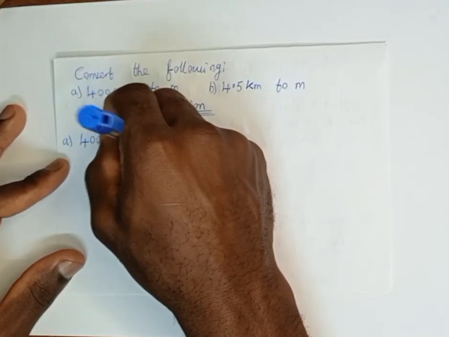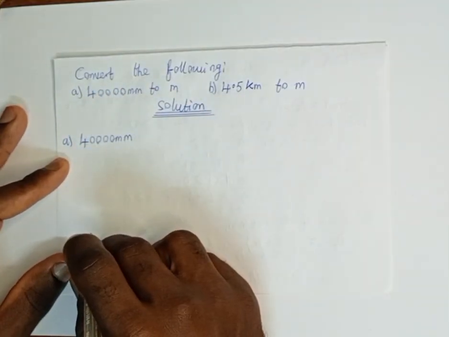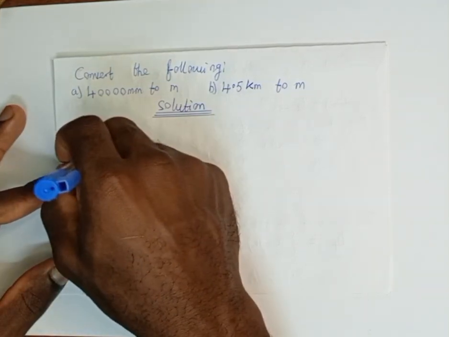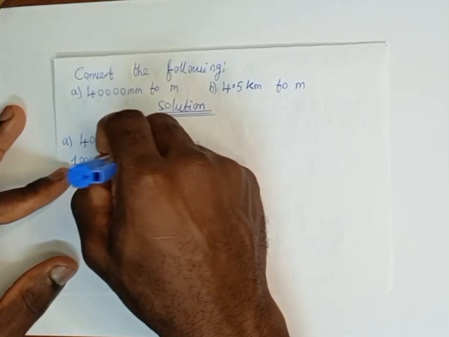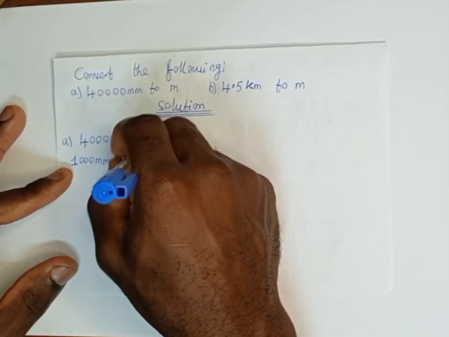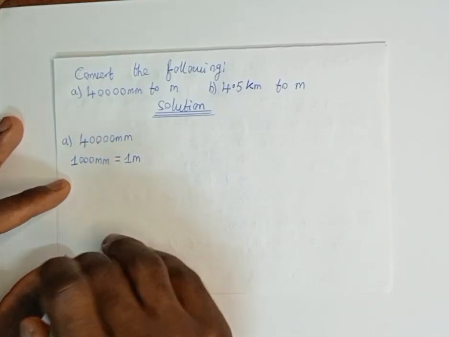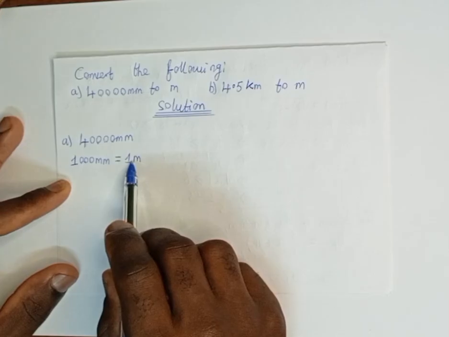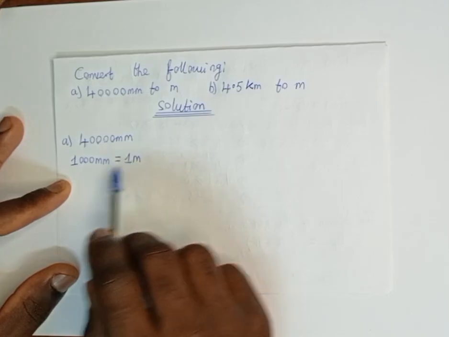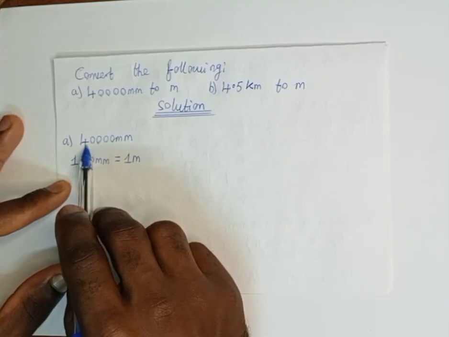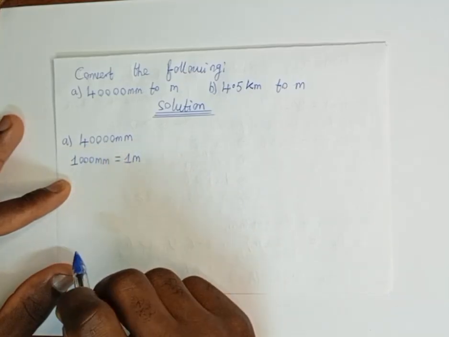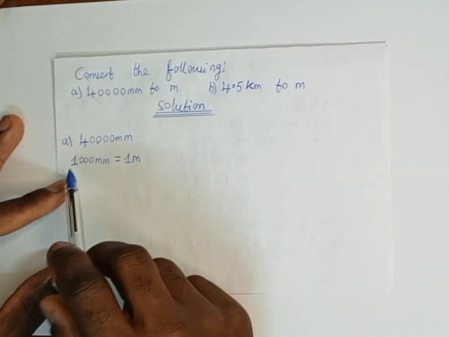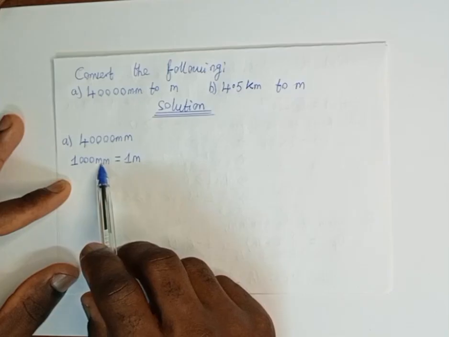40,000 millimeters. For us to perform this conversion, we are going to make use of the fact that 1000 millimeters is simply equal to 1 meter. Multiplying both sides of this equation by 40, we will be able to convert 40,000 millimeters to meters. The reason why we are multiplying both sides by 40 is simply because we want to obtain 40,000 millimeters at